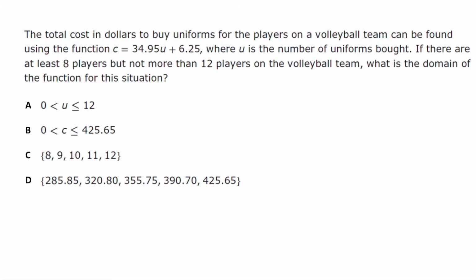In this practice problem, it says the total cost in dollars to buy uniforms for the volleyball team can be found using the function C equals 34.95U plus 6.25, where U is the number of uniforms bought. If there are at least 8 players but not more than 12, what is the domain of the function for this situation? So if we look at this, we have C equals